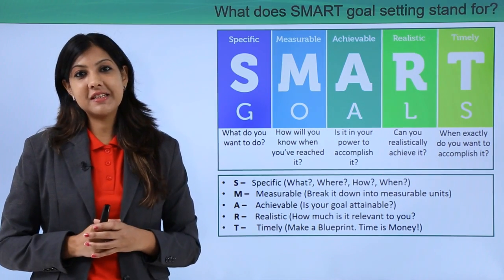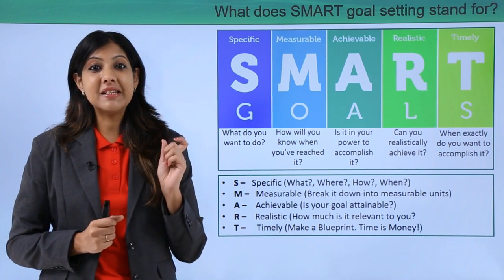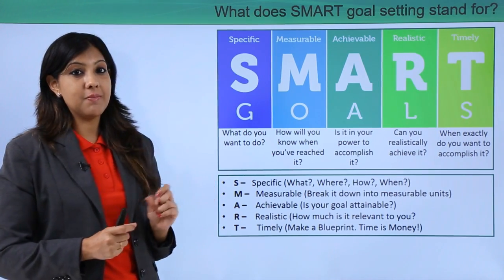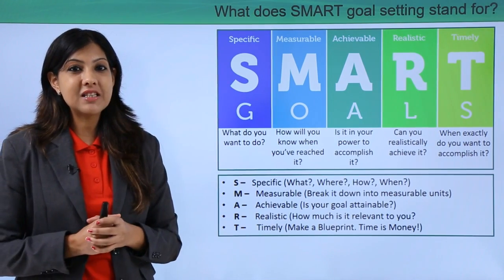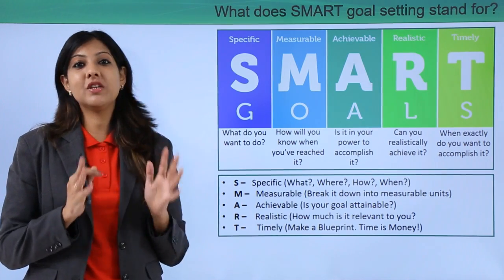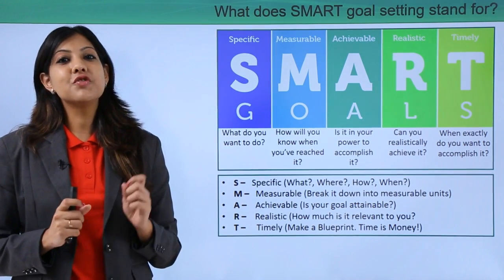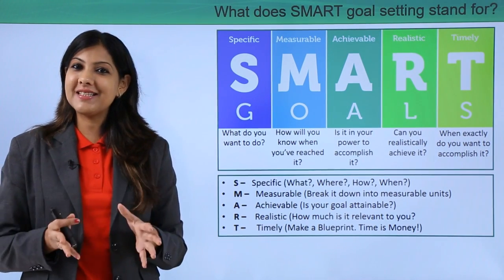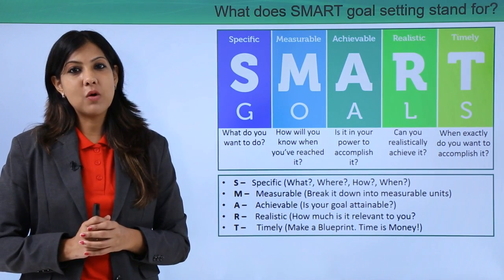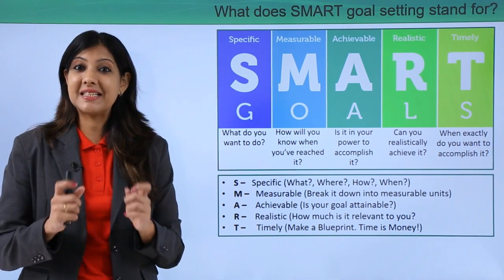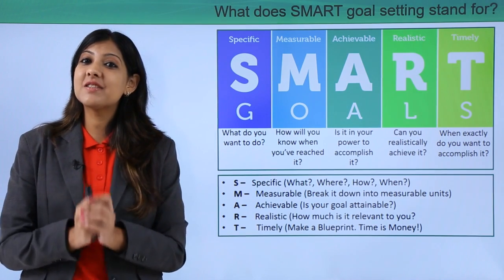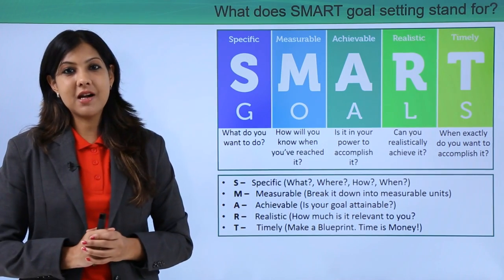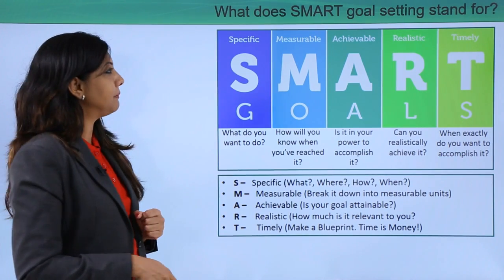Well, now you have made it more smart because you have made it specific by saying that you want to be rich by how much. Measurable, you have made it by taking a particular amount into consideration. Once you reach that amount means you've attained your goal, and you've also made it realistic, which is 2028, which is 10 years away from now. It's realistic, it's attainable, and you have put a time bound on it by saying that you want to achieve it in this year's time. Now that is what I want to explain with the help of this particular example. Your goals need to be smart and not just generic statements.